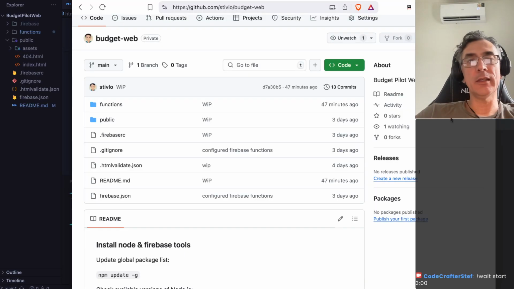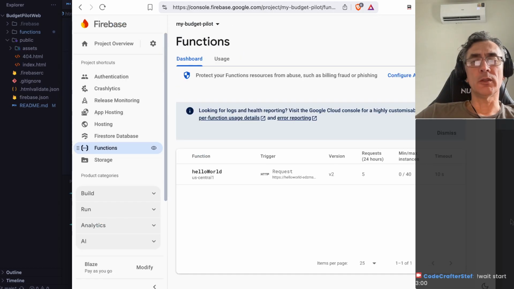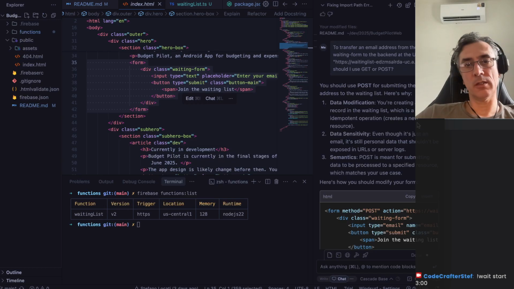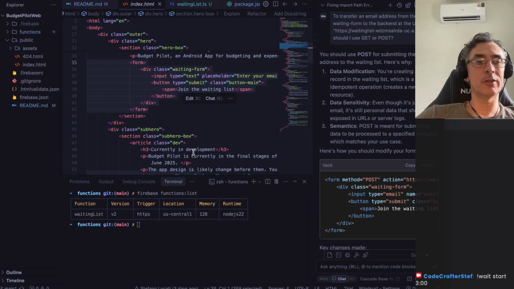But did it say encrypted at all, by the way? What was the URL? Yes, it's encrypted. Okay, that's good. Data modification, you create a new record in the waiting list, which is a non-idempotent operation. Makes sense. Data sensitivity, even though it's just an email, it's still personal. It shouldn't be exposed in the URL or server logs. Semantics. Yep. Okay, so